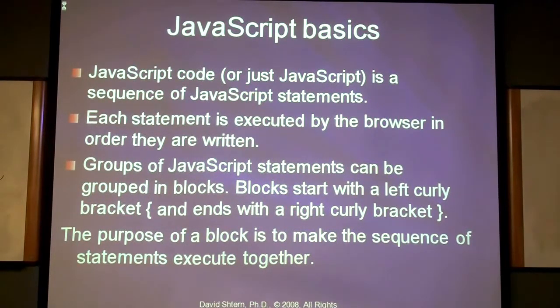Okay, we can change the order. We have that possibility, but typically, if we don't use that technique, then they will be executed in the order they are written. JavaScript statements can be grouped using curly brackets, and we can also give a group a name. The reason for that is that it allows us to reuse the code. If, for example, we need to execute some statements several times, we can give that statement block a name and then call that block, instead of just copying and pasting code. The purpose of the block is that all statements contained in the block are executed together.